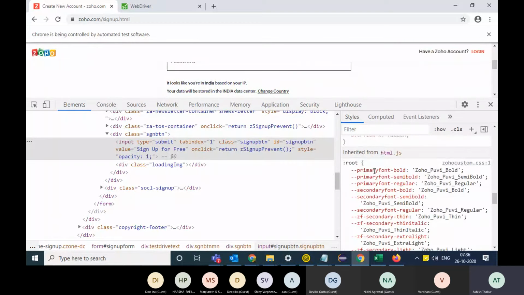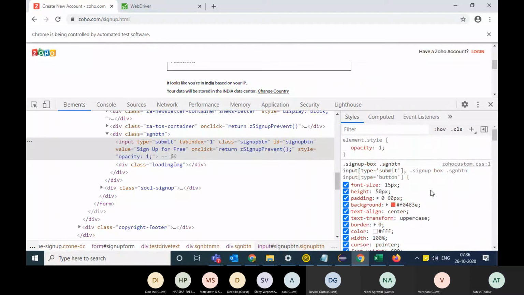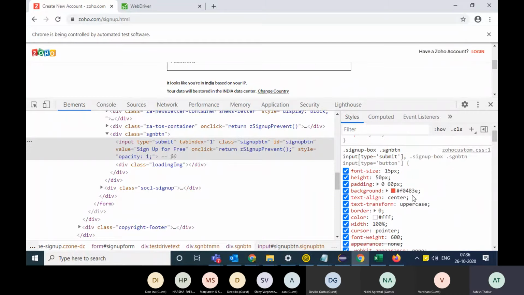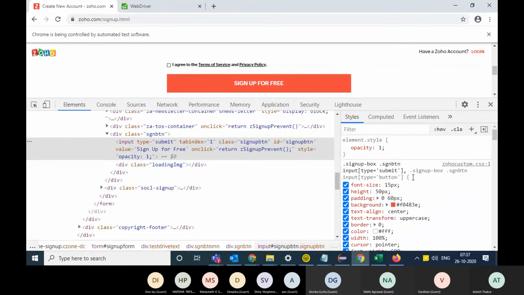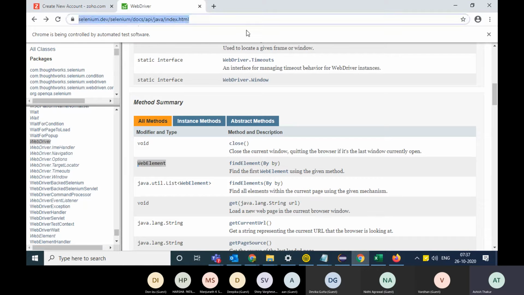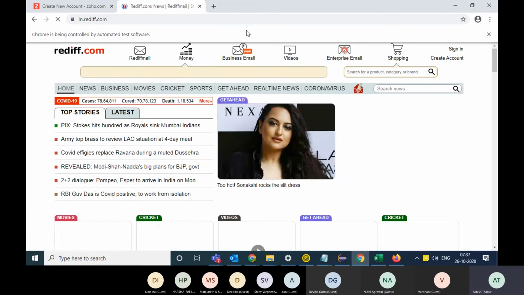All right. And for example, just a minute. Let me take up some other web page, like for example, in.rediff.com.